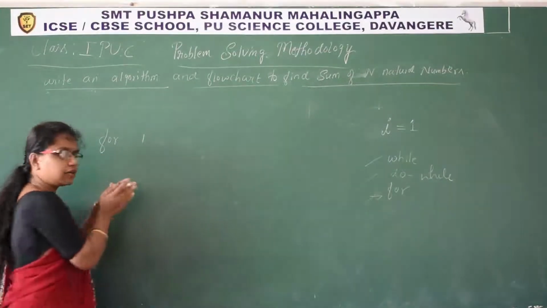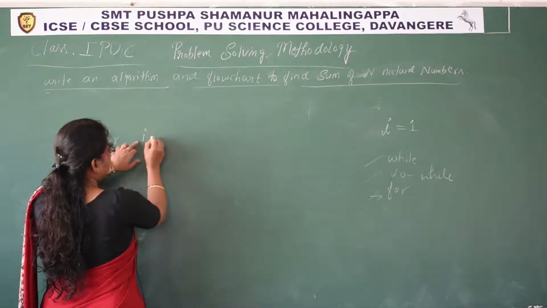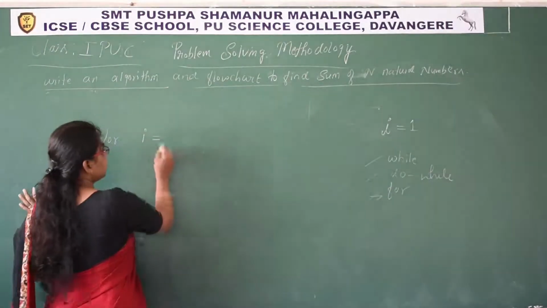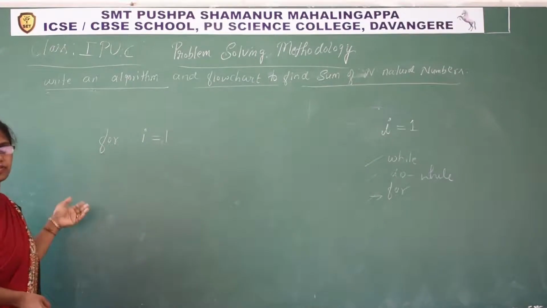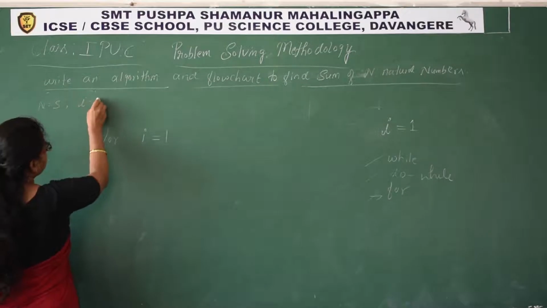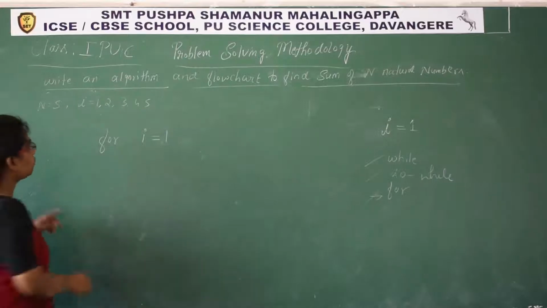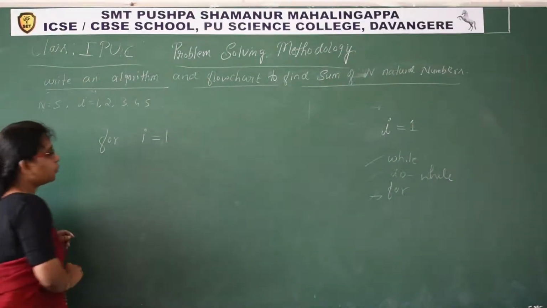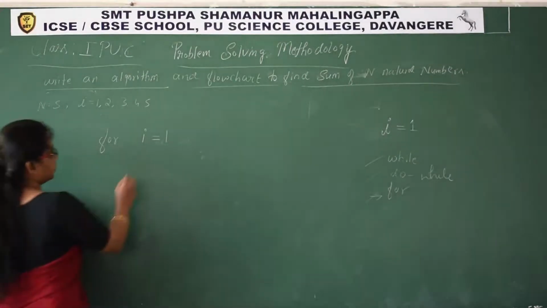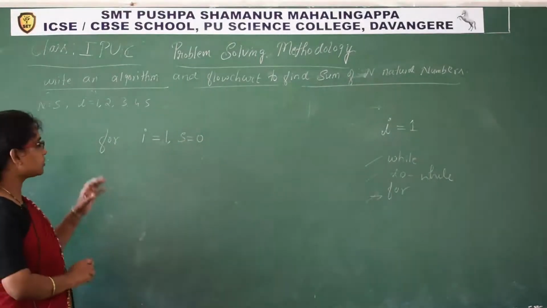In programming, I'll write exact syntax there. Now I'll write for I is equal to. So this is called initialization part. I is equal to 1. So from where I have to start? If I take n is equal to 5, I have to start from I is equal to 1, 2, 3, 4, 5. No, I has to start from 1. Okay. And one more variable we need, one more identifier to initialize another value, 0, comma, s is equal to 0. So what is the structure of for?